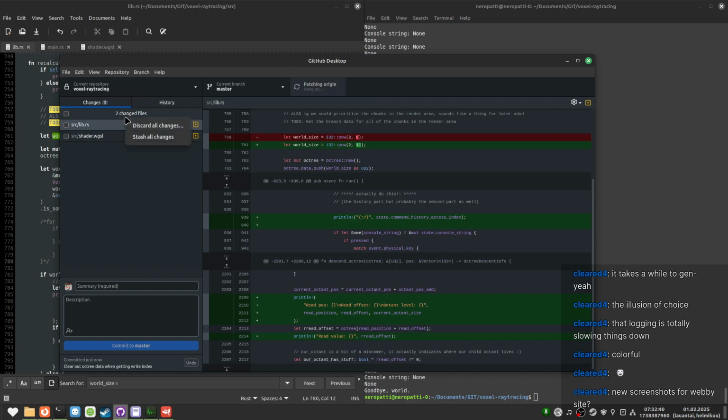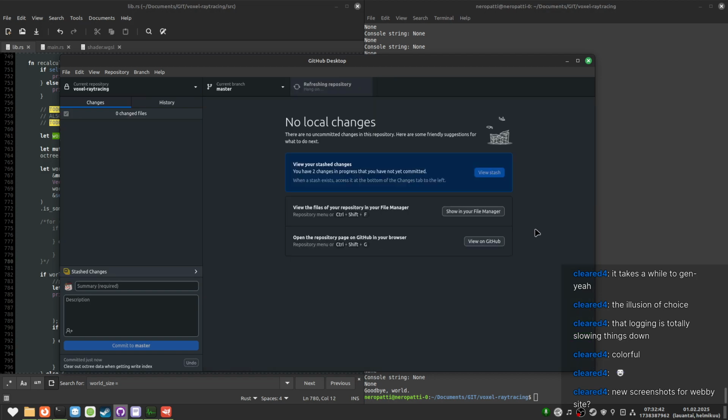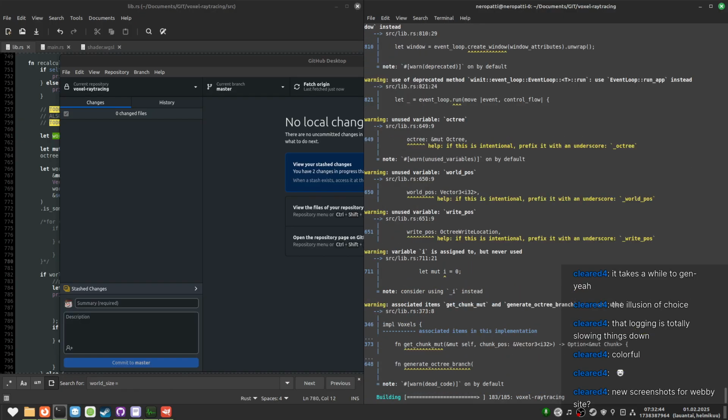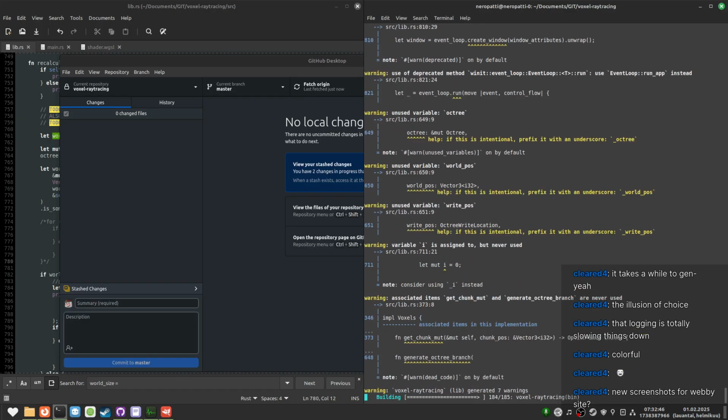We'll push those, and I'll do the classic where I stash everything and then test if everything runs.